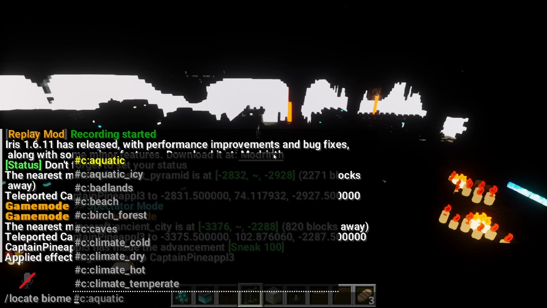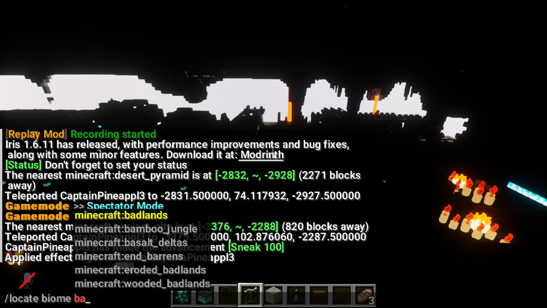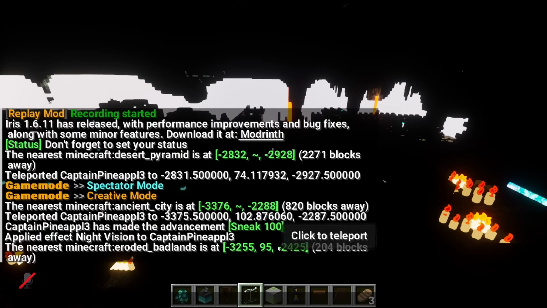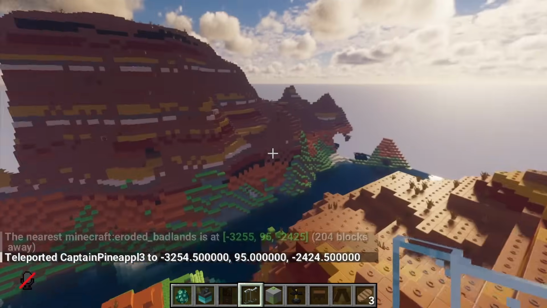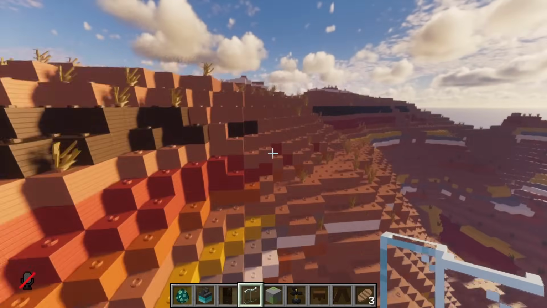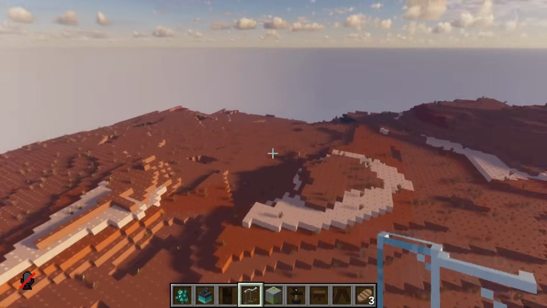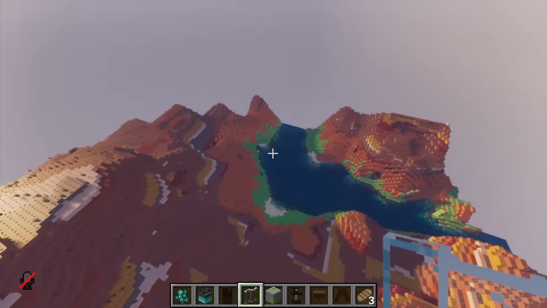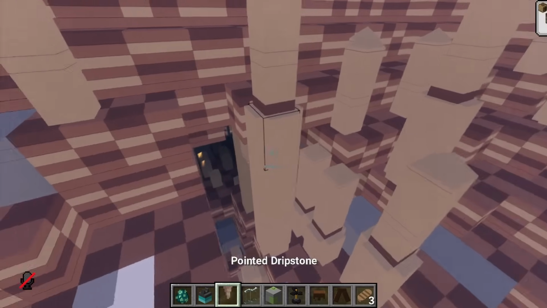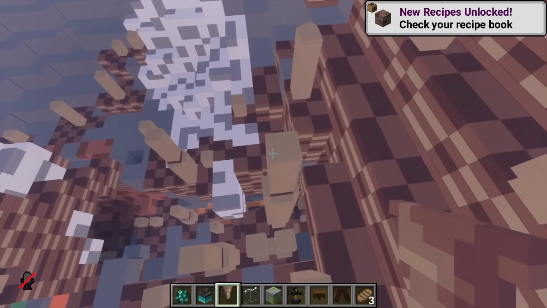Okay, and there is one last thing that I want to see, and that is the Badlands. And I think I actually want the eroded Badlands? Yeah, so this is one of the ones where I knew that they had converted every single block into Lego. And also, I think I got it wrong. This is not the biome I was looking for. Oh, I've only just realized they have dripstone. Look at that. And like, it actually gets wider and stuff, and then it...